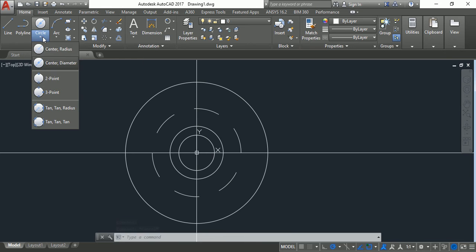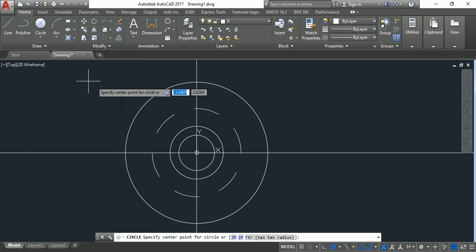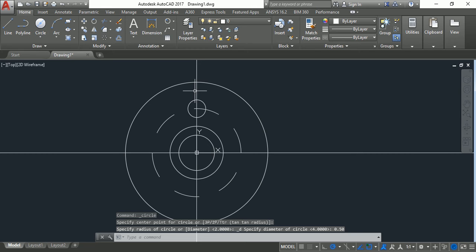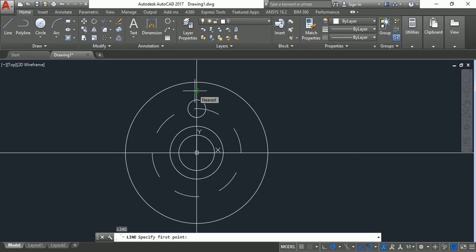Next we will create a circle of diameter 0.50. So we will take the center here directly and input the diameter as 0.50. Next we will create the lines to complete the feature for this particular cutout given in the drawing.